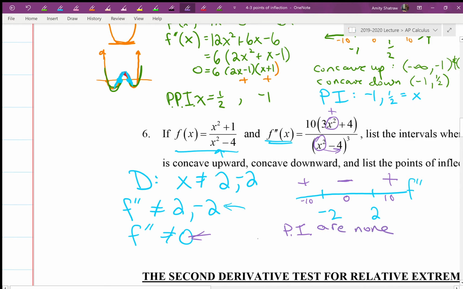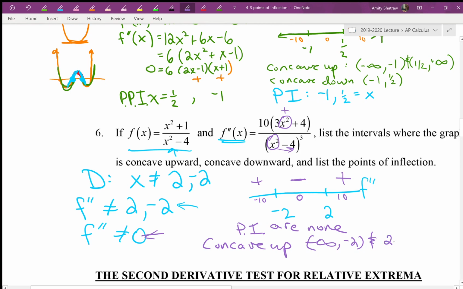Okay, but concave up, I can confirm that it is going to be -infinity all the way up to -2, and it is also going to be at 2 all the way up to infinity, and then concave down will be from -2 up to 2. And I highly encourage you to take a look at that graph and confirm that visually on Desmos. All right, so